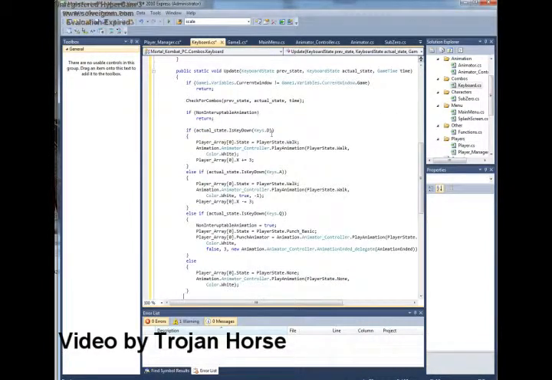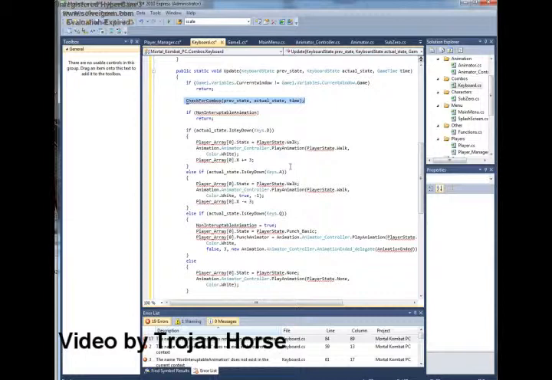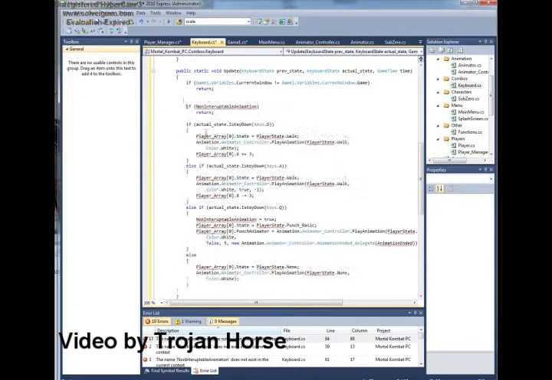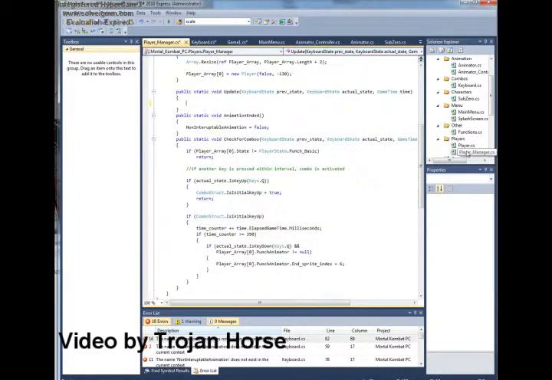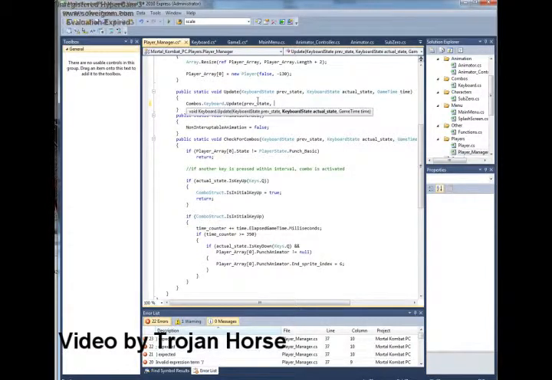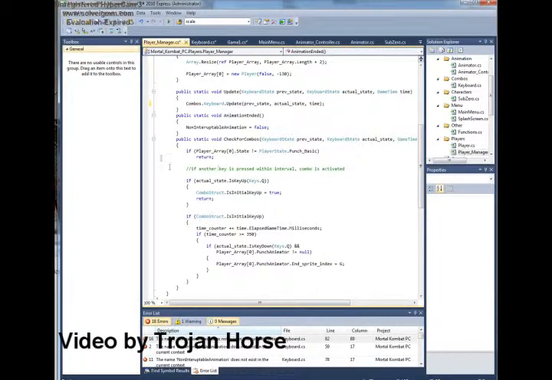So we just copied it, but here we won't check for the combos because that will be done somewhere else, I think here. In the player manager we will just call the combos keyboard update, and we will parse it all the arguments. It is not the cleanest way, but the code will be specified later on. So yes,